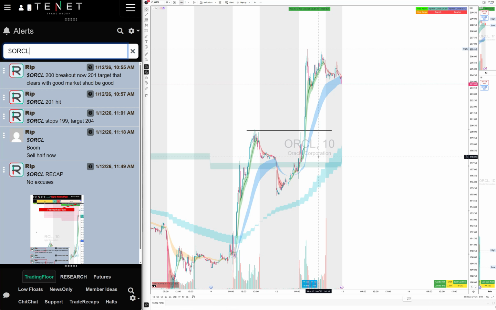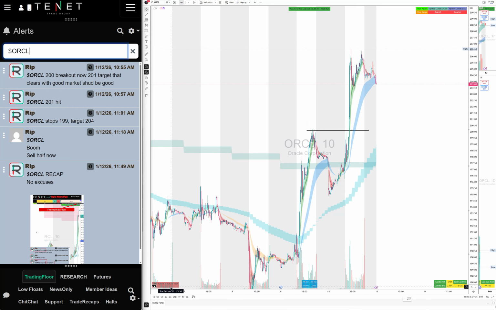What was I watching? Another reason was Oracle made a big move on Friday. So that's another reason it was a day 2 setup, because it made a big move. So analyze the daily chart. I looked at what it's doing. I saw that it made a big move on the Friday. I saw that it's holding 2021 MTF cloud, and that's how I gave the targets as well, using our ATR. Its ATR is 8, it moved 10, right?